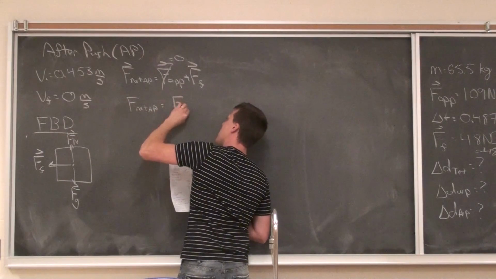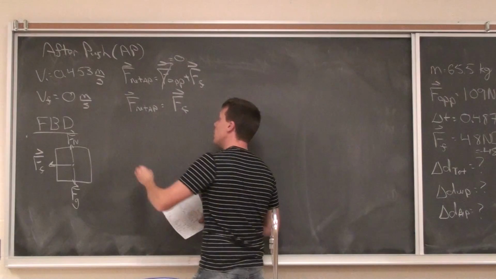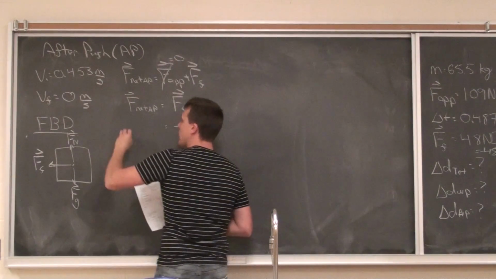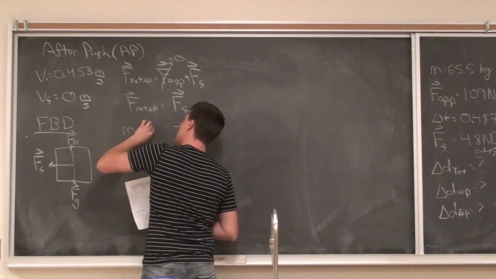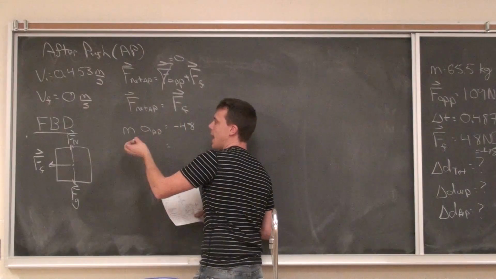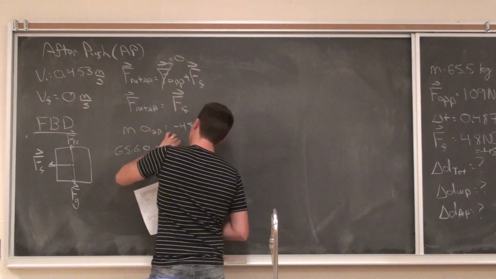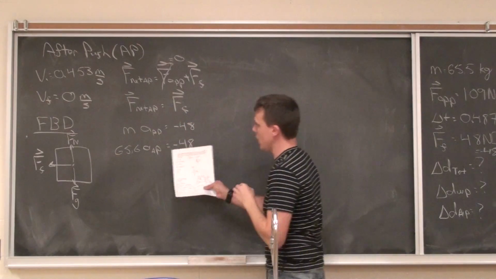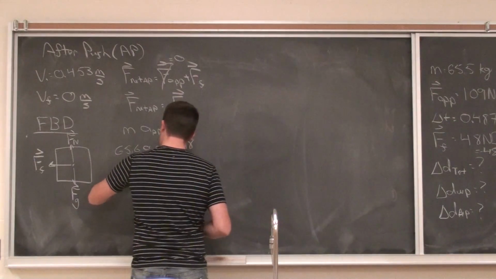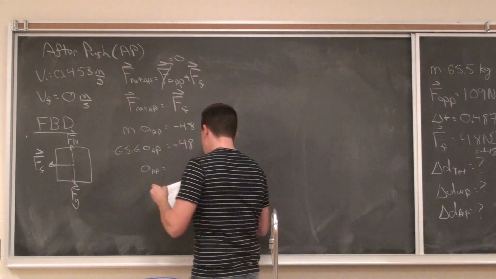So we're left with F net equals force of friction. Now, force of friction, we're still going to assume forward is the positive direction because I can assume they're moving forward. So this will be negative 48 newtons still. And this, by Newton's second law, will be mass times the acceleration after the push. I fill that in, 65.5. Now I'll take 48 divided by 65.5. It'll be newtons divided by kilograms, which will result in meters per second squared, which is the unit of acceleration. And we will get the acceleration is negative